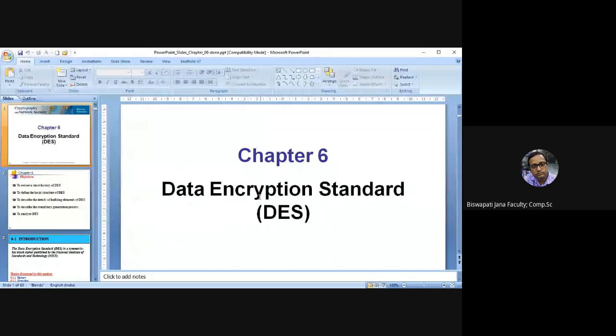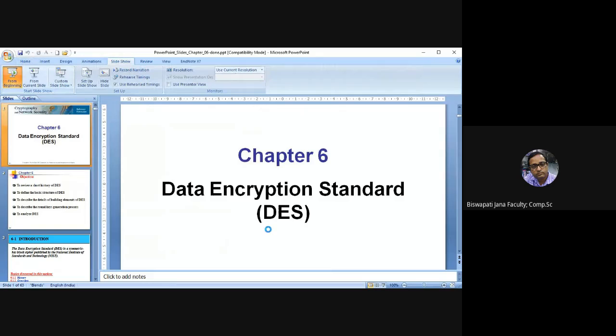Discuss about the Data Encryption Standard or DES. Data Encryption Standard or DES. So DES, okay. So DES is the